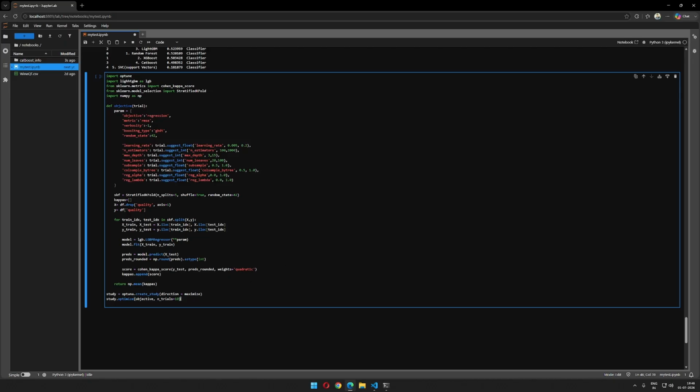because I don't really have this GPU right now with me in this system. Next, when I'll be able to implement the GPU connection and portings, then I'll do it. So print study.best_params and print